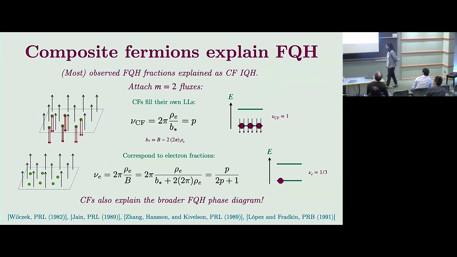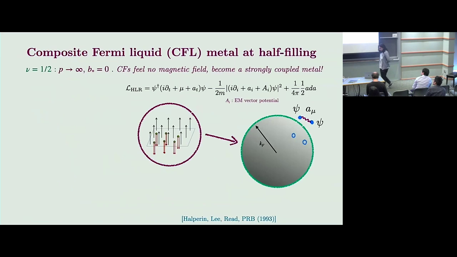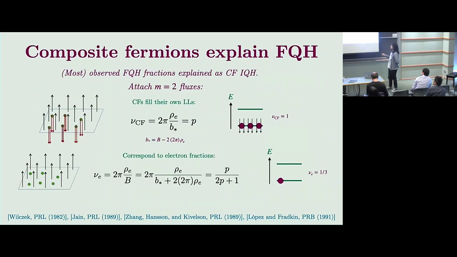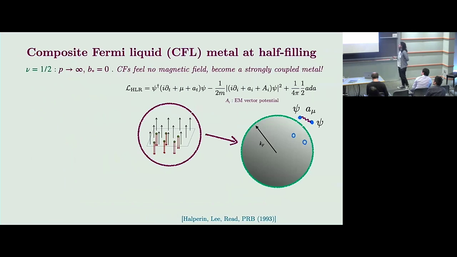And, okay, this is just fractional quantum Hall states, but I should emphasize that there are even broader aspects of the quantum Hall phase diagram which can be naturally understood in terms of composite fermions. One example of this is what happens when I take the effective magnetic field felt by the composite fermions to 0. So this is like taking the number of Landau levels they fill to infinity. Okay, so now the filling approaches 1/2. If I just take the limit of this expression as p goes to infinity, I get 1/2.